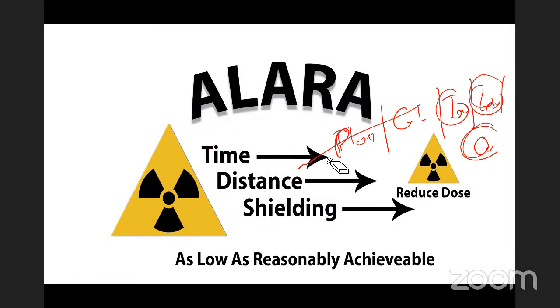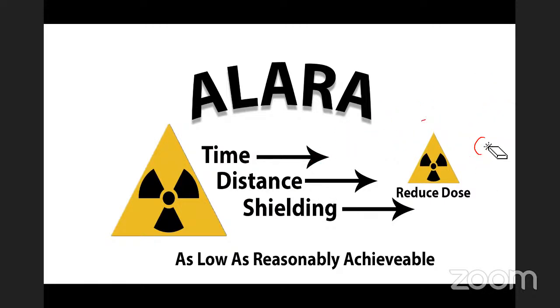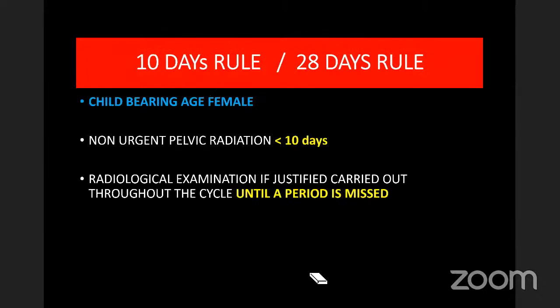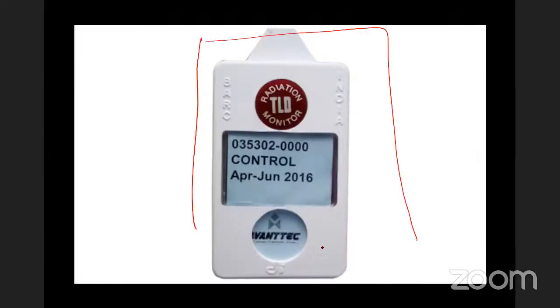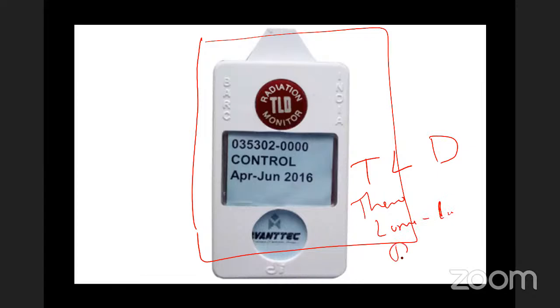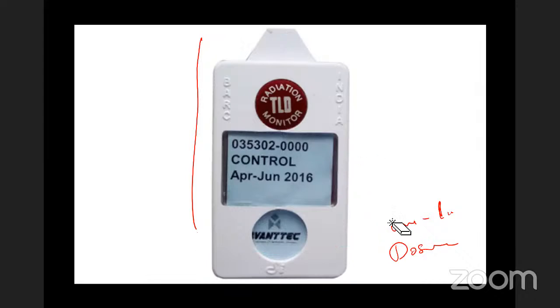They have to monitor themselves because they can't get exposed more than the required limit. Because of the heavy workload in radiology, they will not be aware how much time they're spending there, how much distance they're maintaining, and the shielding also cannot be followed strictly every time. So we always maintain a badge, or TLD badge, as you call it. Thermoluminescence dosimeter: thermo for heat, luminescence means it produces light, and dosimeter gives the dosage of the exposure. It tells us how much exposure has happened.